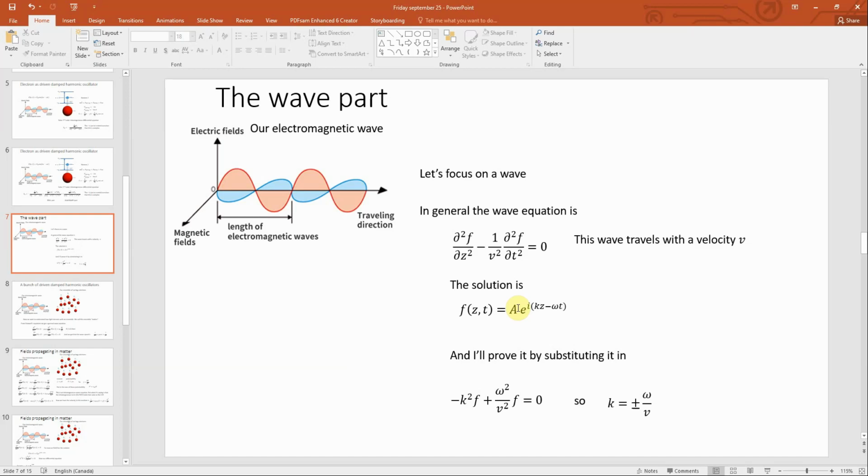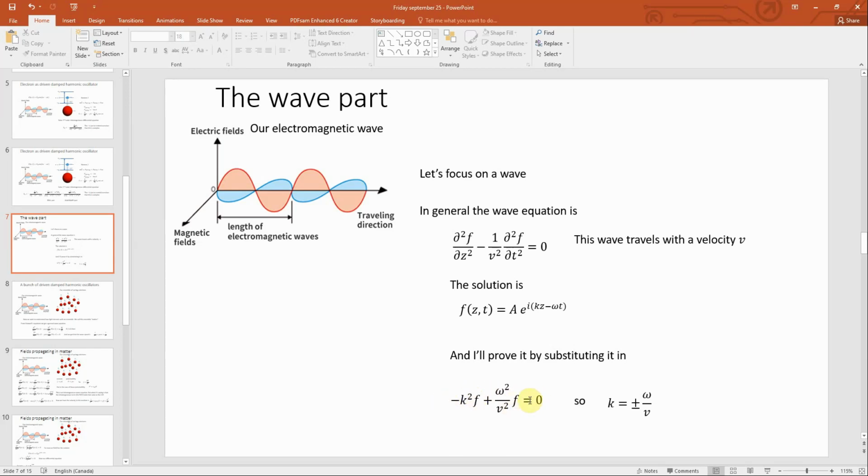So if you take the second derivative of e to the i(kz minus omega t) with respect to space, then we get a negative k squared out front times the original function. And if we take the second derivative of this function with respect to time, we get an omega, minus omega squared, but we have a minus already, so we get plus omega squared, and then we have 1 over v squared f. But in general, f is not 0, and so that means that